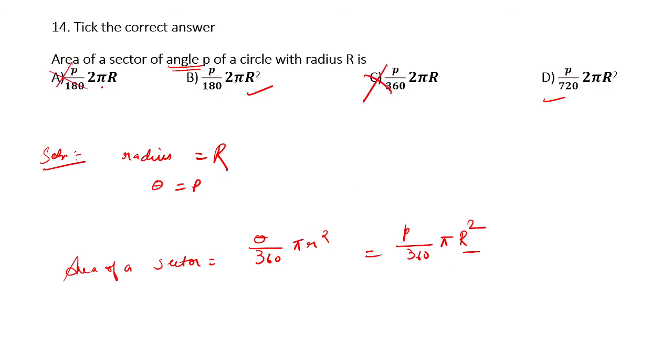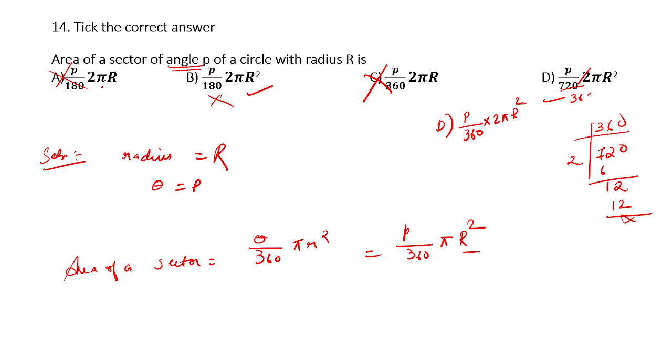Now you look at this, you're getting this as P by 180 into 2 pi r square. So is this the formula? No, this is not the answer, because you're supposed to get it as P by 360 pi r square. Now you look at this, what happens? Now you cancel out 3. Now you see, you cancel out 720 with 2. 2 3s are 6. 2 6s are 12 and 0. So if you cancel them out, option number D is actually the same thing as P by 360 into 2 pi